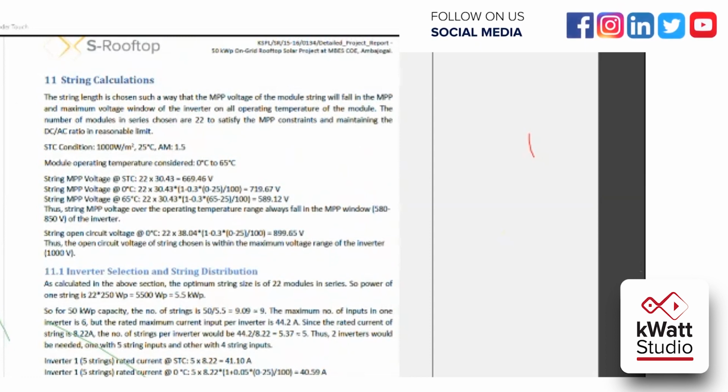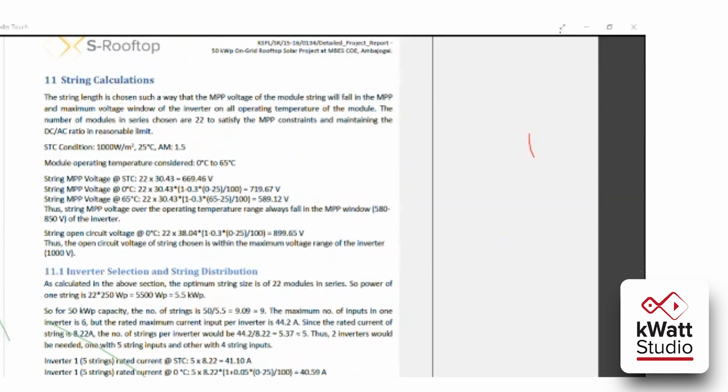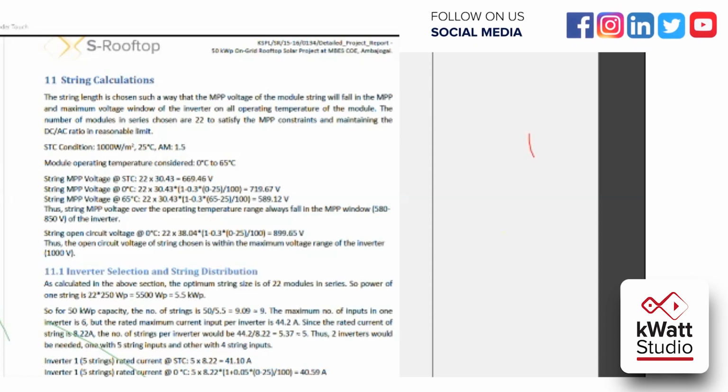So thank you very much. In the next session we will do the financial evaluation of this project, and if you're interested in PVSys software, we will be informing you about the PVSys session. There in the PVSys session, we will teach how to design your system using PVSys and how to generate a report using PVSys. In that report, we will see all these details. That is very good software for making your DPR and designing your solar PV system.